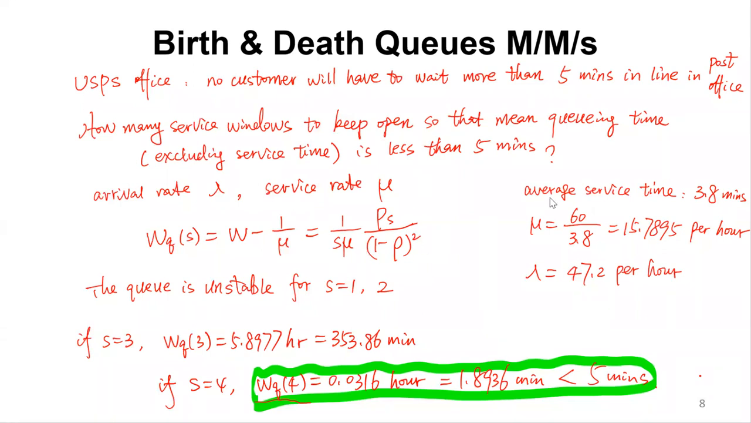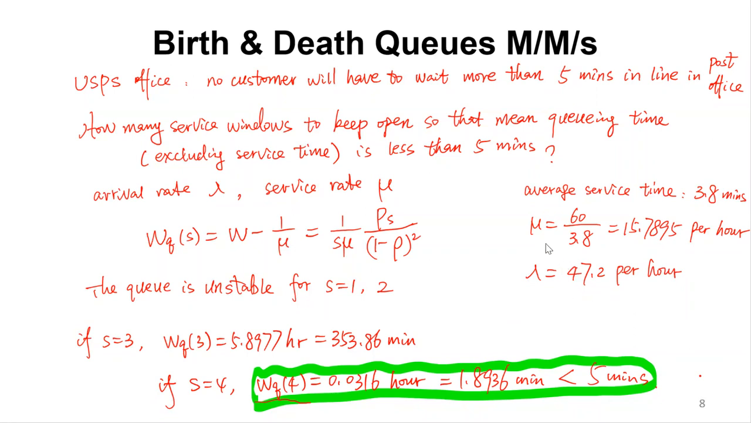Now, the average service time for one server is 3.8 minutes. So mu is 60 over 3.8, which is 15.7895 per hour. The arrival rate is 47.2 per hour. In order for the queue to be stable, lambda must be less than S mu. That is, lambda over S mu has to be less than 1. That means the arrival rate has to be less than the service rate,